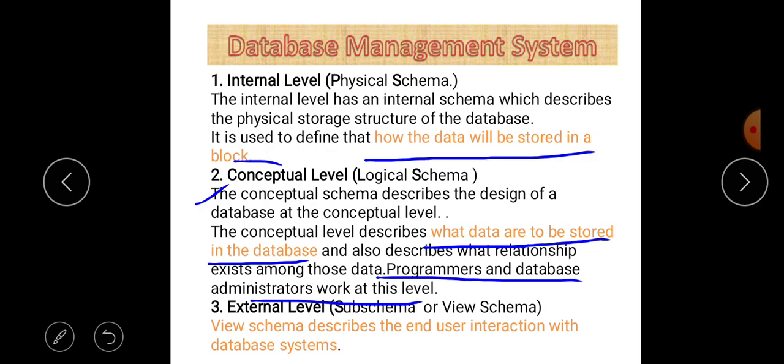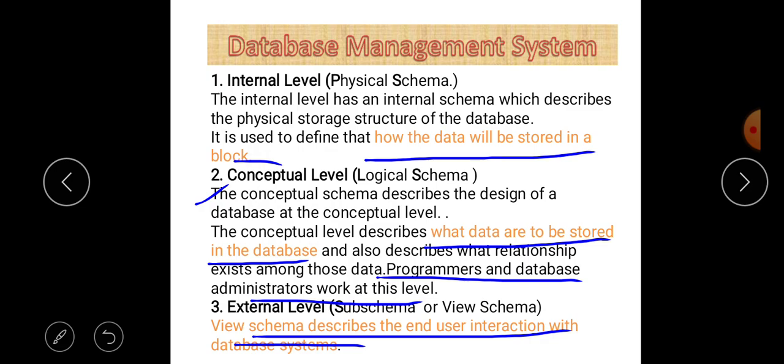And the third one is external level or subschema, also called view schema. So three names are there: external schema, subschema, and view schema. The view schema describes the end user interaction with the database system, meaning how the user can view the database.